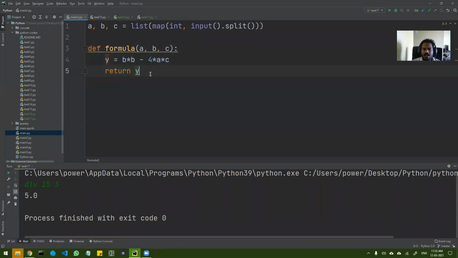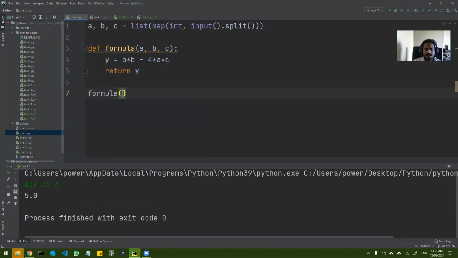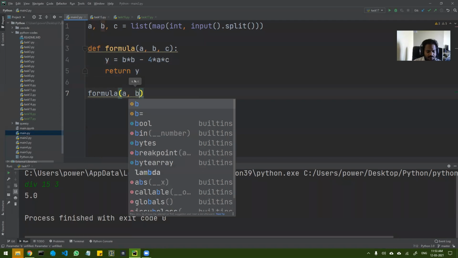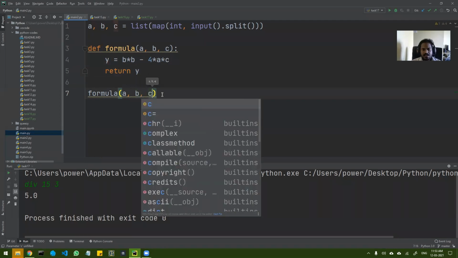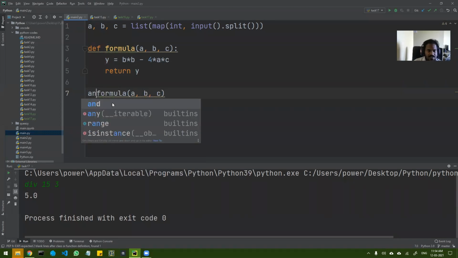Now I have to call it. To call it, I will come down and say formula A comma B comma C. Now this ABC is the global variable ABC, so these values I'm passing to the function. Once that is done, it is going to return something. Whenever a function returns something, you will have to store it somewhere. So let's call it answer